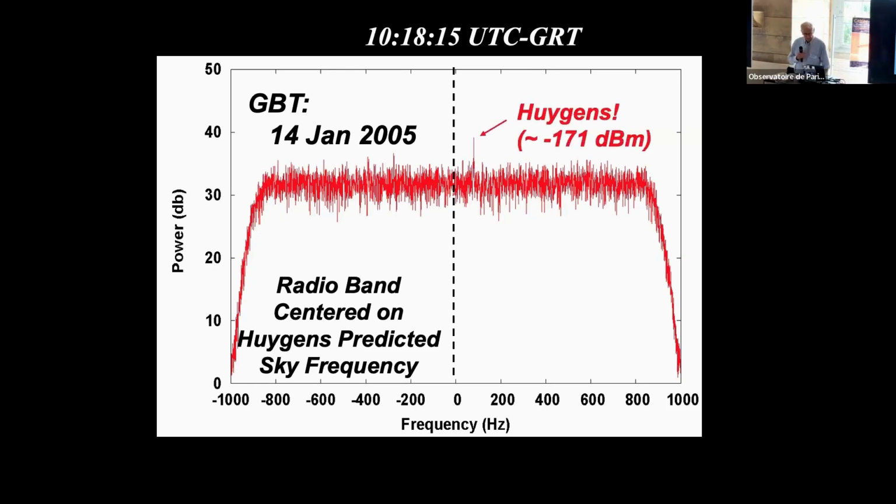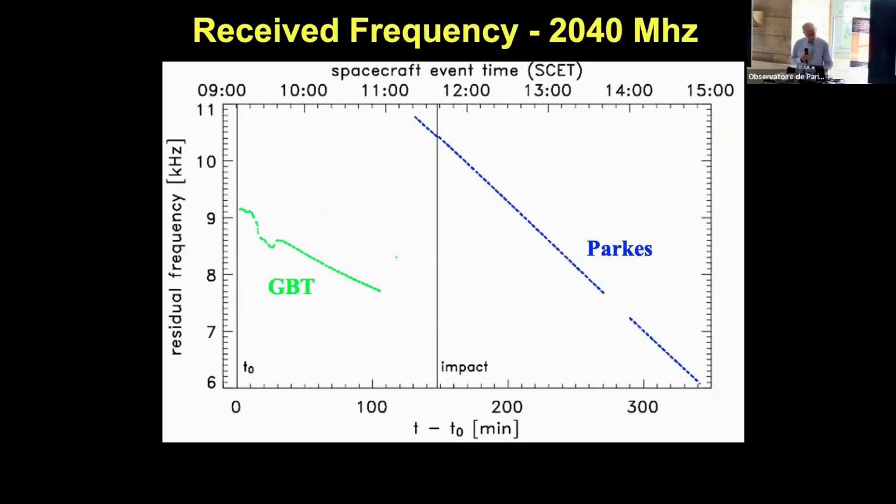That's Huygens popping up out of the noise at an unbelievably low power level, but still about 5 dB above the noise. And so we were able to make this measurement. And unfortunately, we had the additional